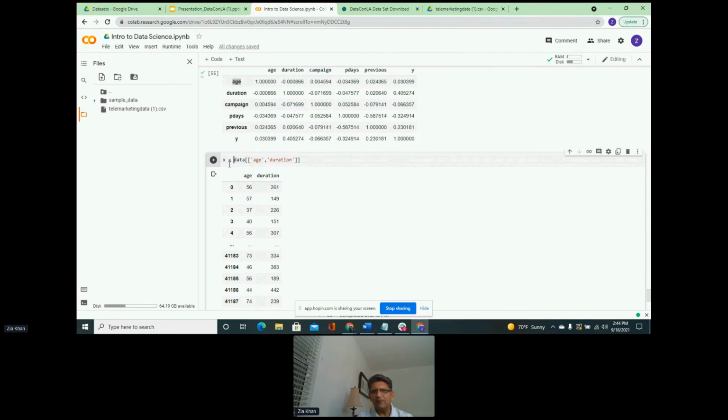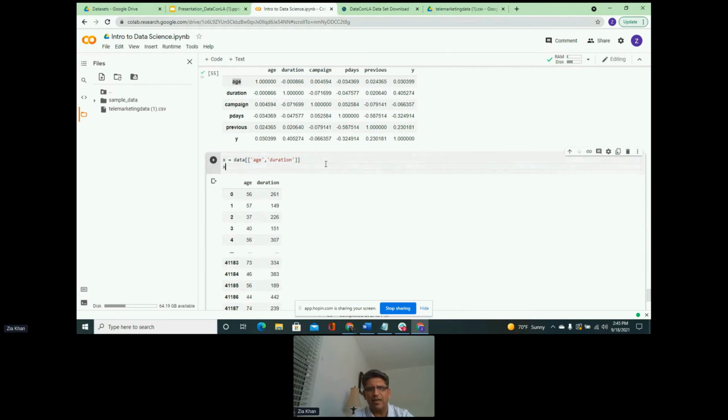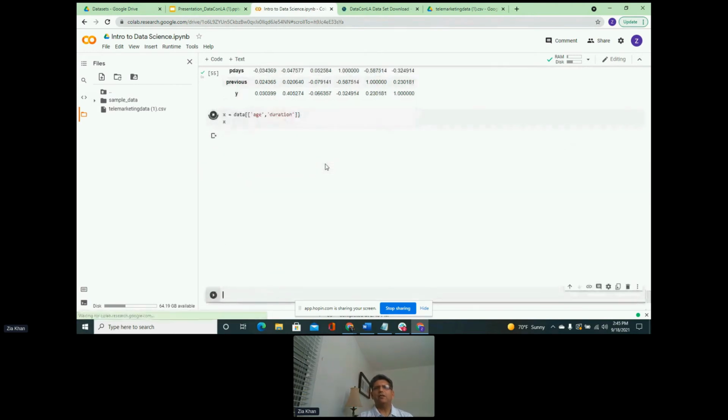In our case, we are going to use these two independent features, age and duration, and we assign them to a variable named x. This is arbitrary, but I've just picked x. Let's call that variable to see what the object x looks like.